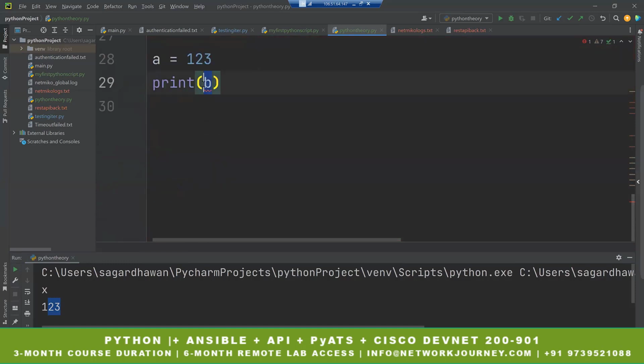Now see, I'm calling a variable here. So am I calling a variable or a data now? Calling a variable. Yes, but what will happen in this? It's not defined anywhere in a statement. You won't get any output. Yes, because I'm calling a variable, but that variable is not present